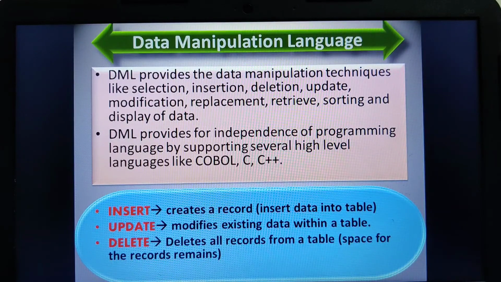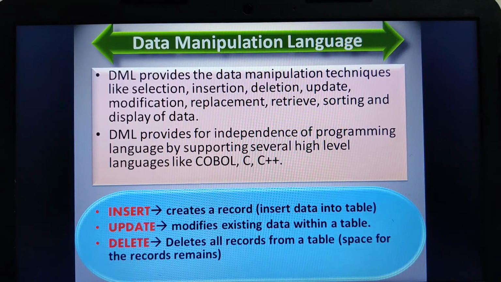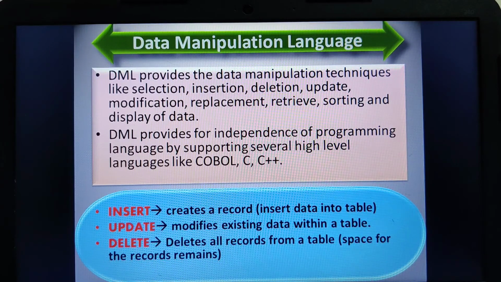Hello my dear students. Let us continue with the chapter that is the structured query language. In our previous video we started with the data manipulation language commands. Whenever we need to change, update, select, insert, or delete in making changes in the database, then we have to go for the data manipulation language commands, that is insert, update and the delete